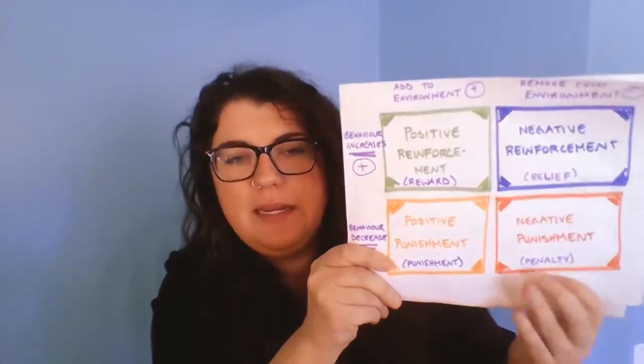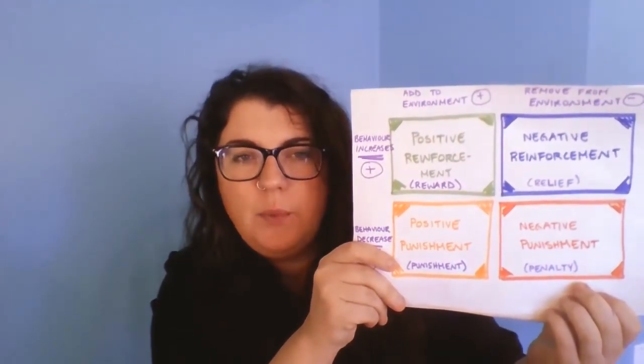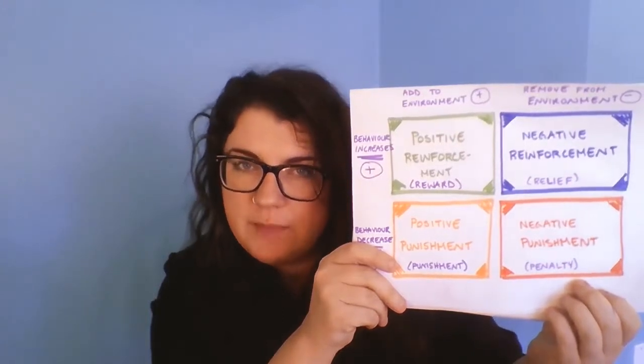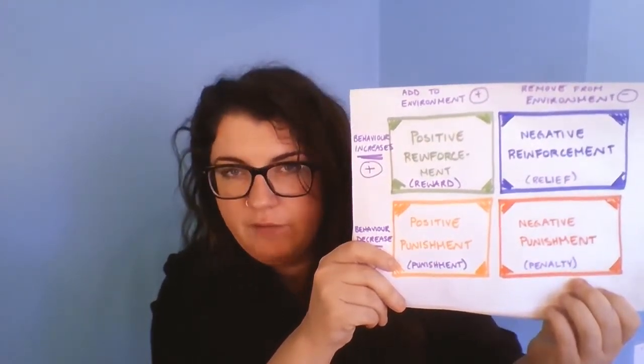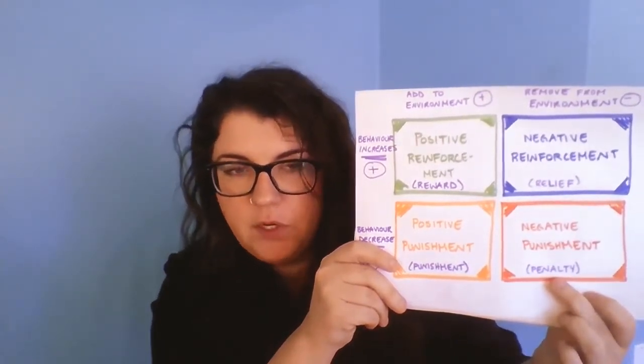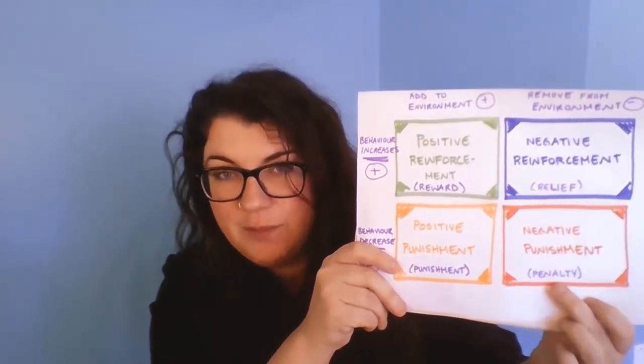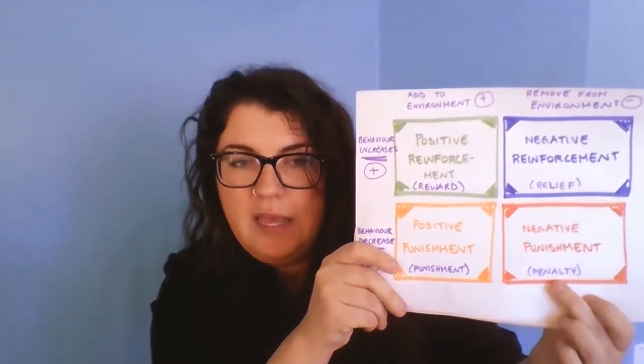And then the last one is negative punishment, over here on the bottom. This is where we are removing something from the environment to decrease behavior. In layman's terms, this one is a penalty. So think of it as there's something really good in the environment and now you've lost access to it because of whatever behavior you performed. This could be like in hockey, an actual penalty, where you lose a player off the ice. This could be a teenager losing access to their cell phone, or, I mean, it's 2018, anyone losing access